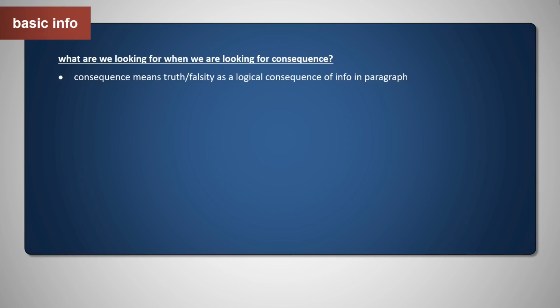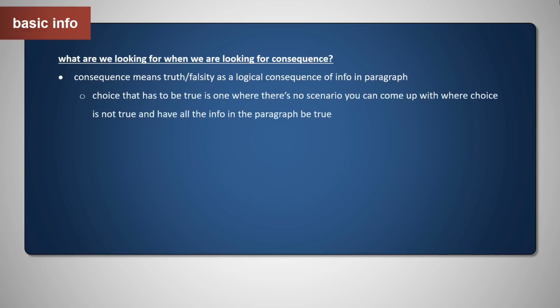Consequence means the truth or falsity as a logical consequence of information in the paragraph. So the truth or falsity of something as a logical consequence is a logical implication. The choice that has to be true is one where there's no scenario you can come up with where the choice is not true and have all the other information in the paragraph be true. So have it stay consistent with everything else. That's what it means when something is true as a consequence of information: if it's not, there's going to be a contradiction or conflict with what you're given in